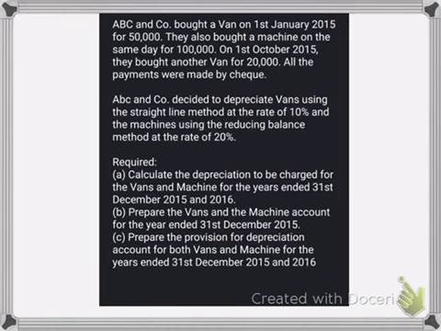First of all, you need to make the T accounts for the van as well as the machine, and you need to calculate depreciation. You need to make T accounts for the van and machine, and then prepare T accounts for provision for depreciation. So I will be available online. If you have any query as to how to record a certain thing or how to calculate depreciation, you can contact me. All right.